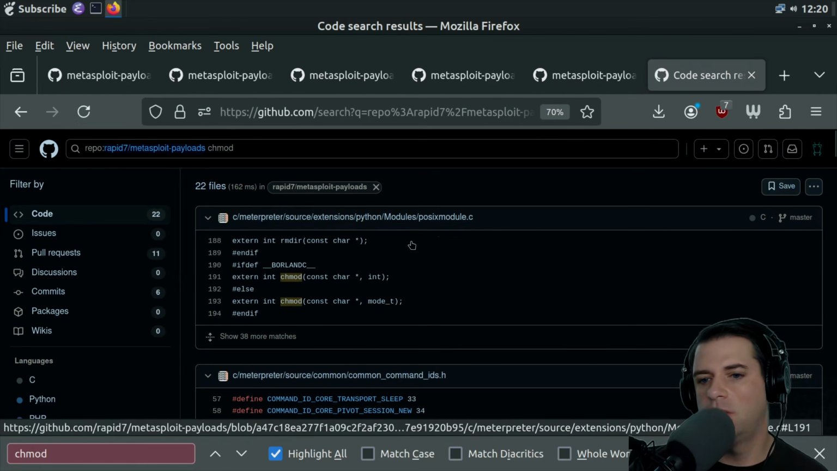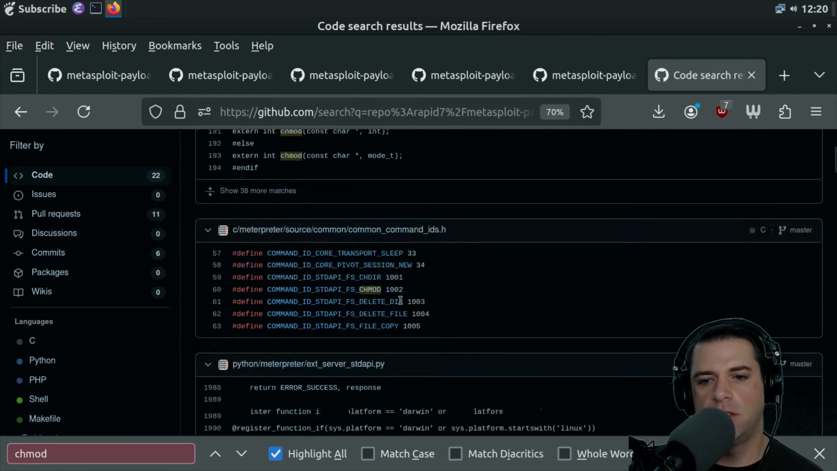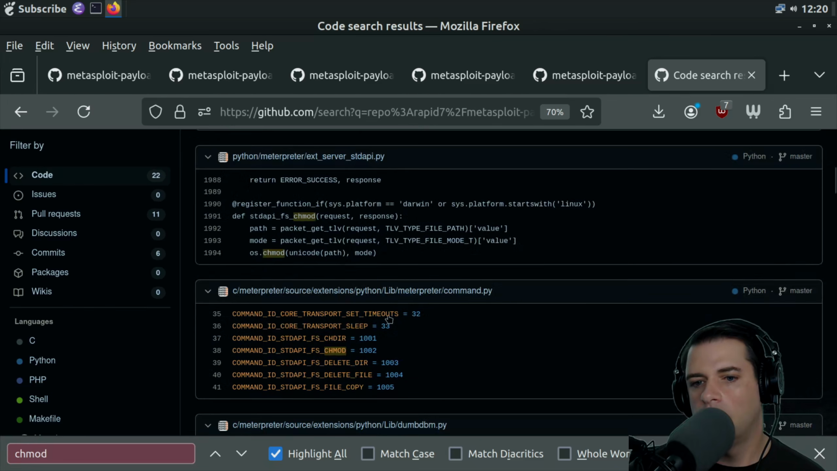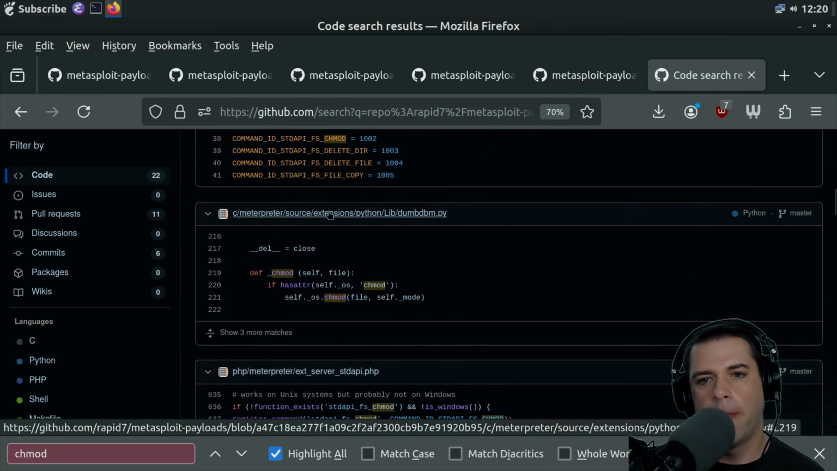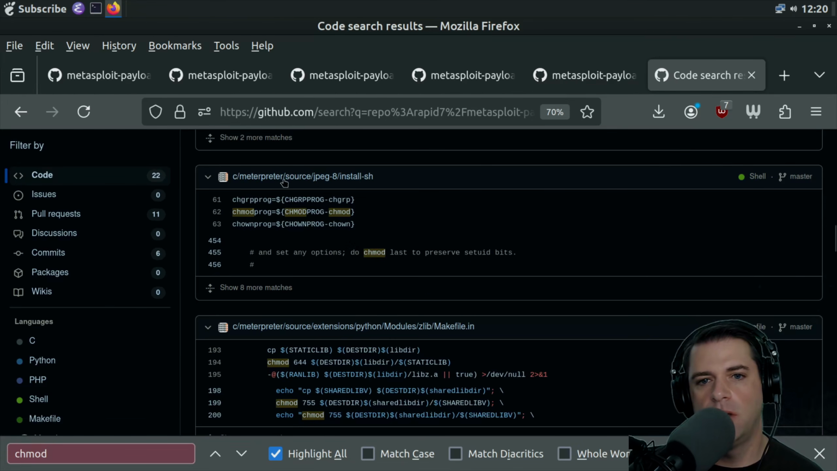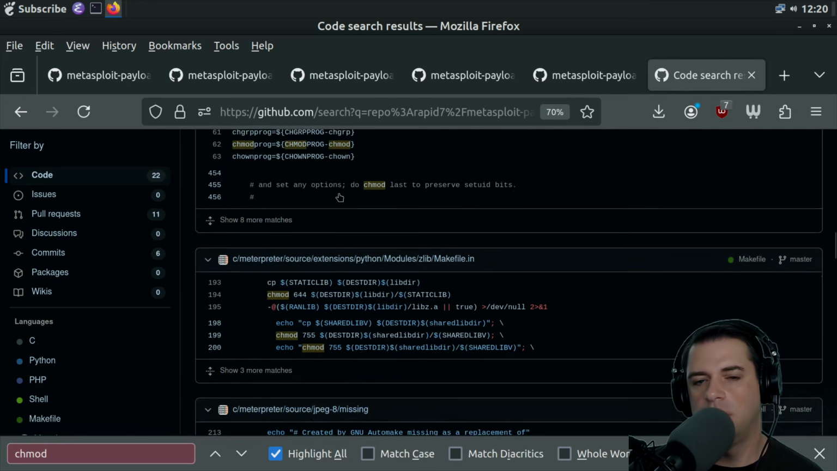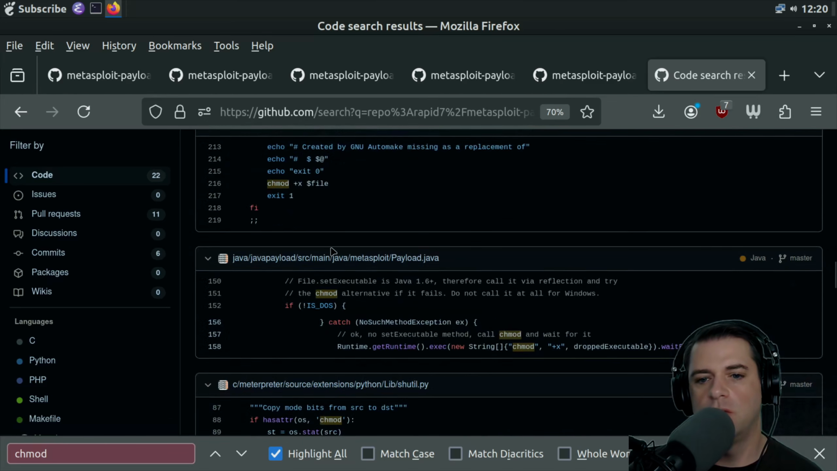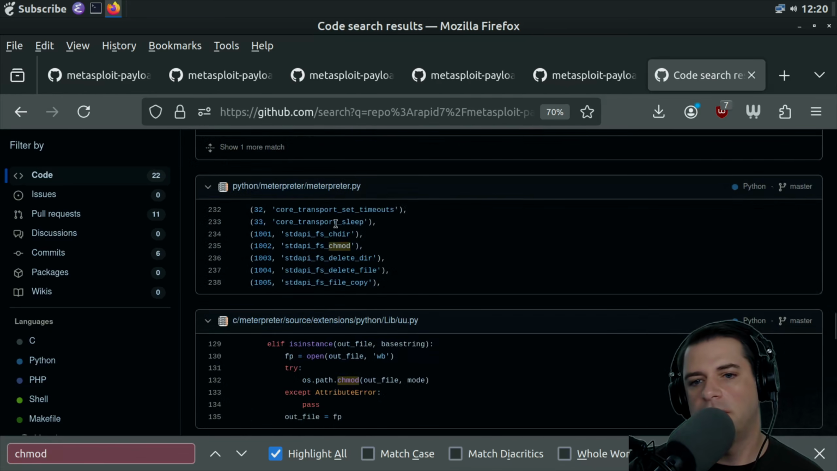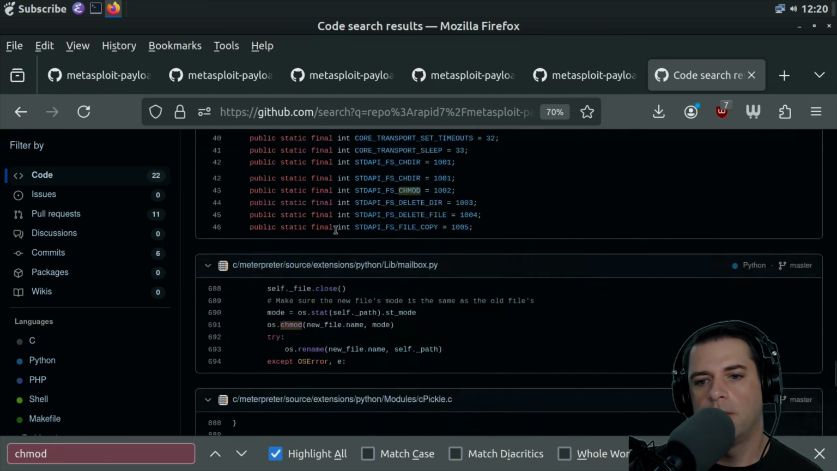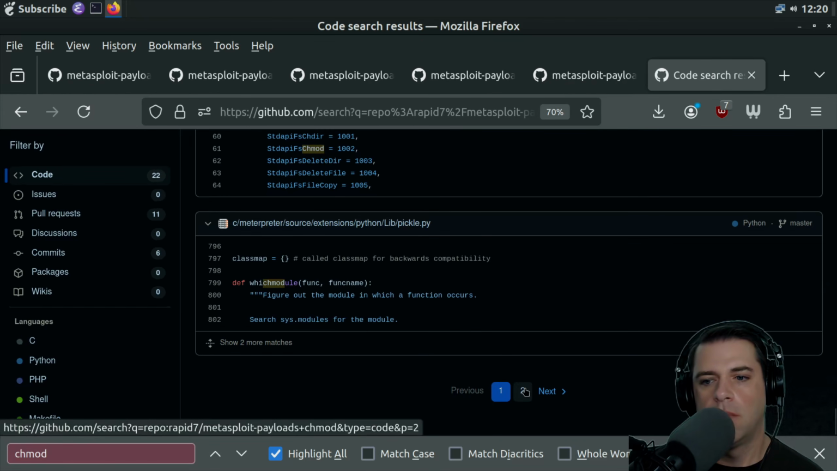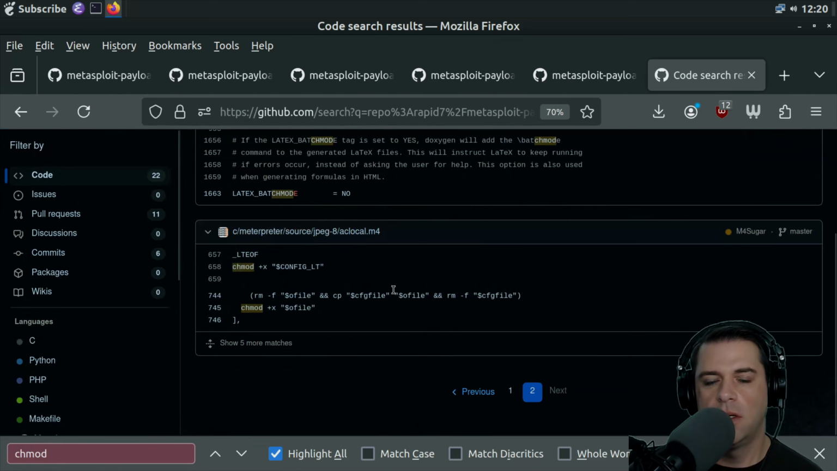Well, we have this is Python. We'll ignore that. Common command IDs. That's just the command IDs. Command.py. That's just the number. Python again. Ext server. This is PHP. This is some JPEG reference. Python modules. More Python stuff. I don't know. Maybe everything is